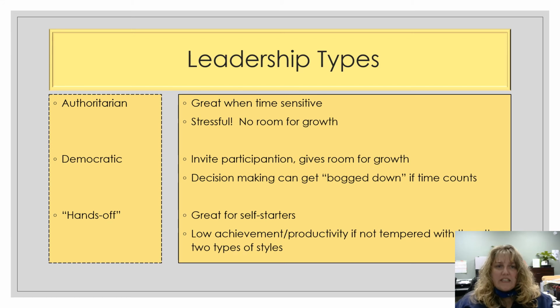Now, the democratic leadership style is where you're inviting participation. Again, I found another typo, and it does give room for growth. The issue with the democratic style is that you can get bogged down in committee, so to speak. Decision making can get bogged down if you're in a time crunch. So sometimes you have to balance between the democratic and the authoritarian, particularly if you're dealing directly in a patient encounter. That's where you have to balance it out and remember that time is important for those patients. Now, the hands-off leadership style